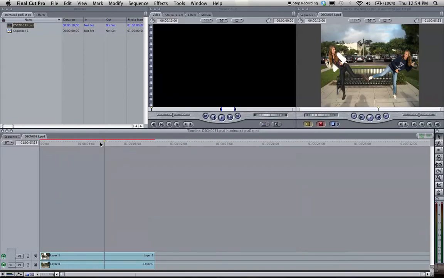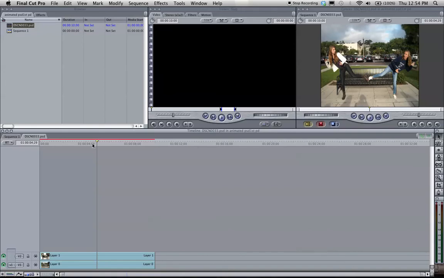So this red line means this needs to render. We'll render this later. Over here in your canvas window, you can see the footage that you have here. So I have video 1 layer and video 2 layer. You can see as I toggle those layers off and on. My subjects are on their own layer and the background is on its own layer, so I can animate them